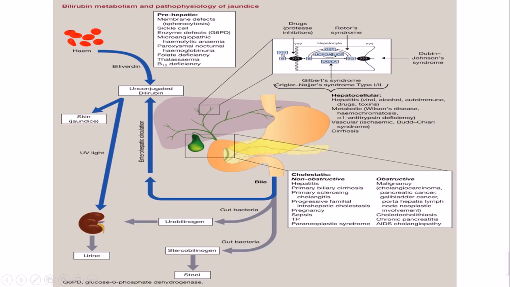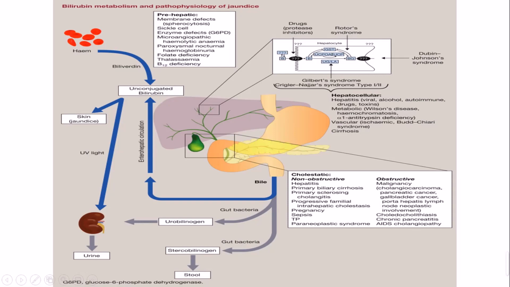Otherwise, this unconjugated bilirubin will be excreted out through the kidney and come out in the urine, and it won't be harming your body in any way. The other thing is the bile which is thrown out of your body. If there is any extra bile or bilirubin, it will be thrown out through your urine or maybe through the stool. Here the bile will be converted into urobilinogen, which is converted by your gut bacteria.